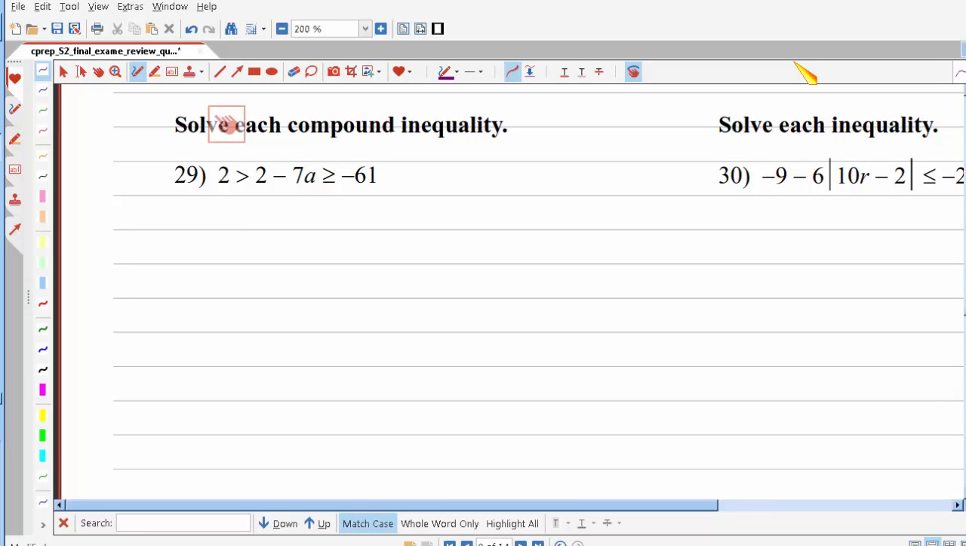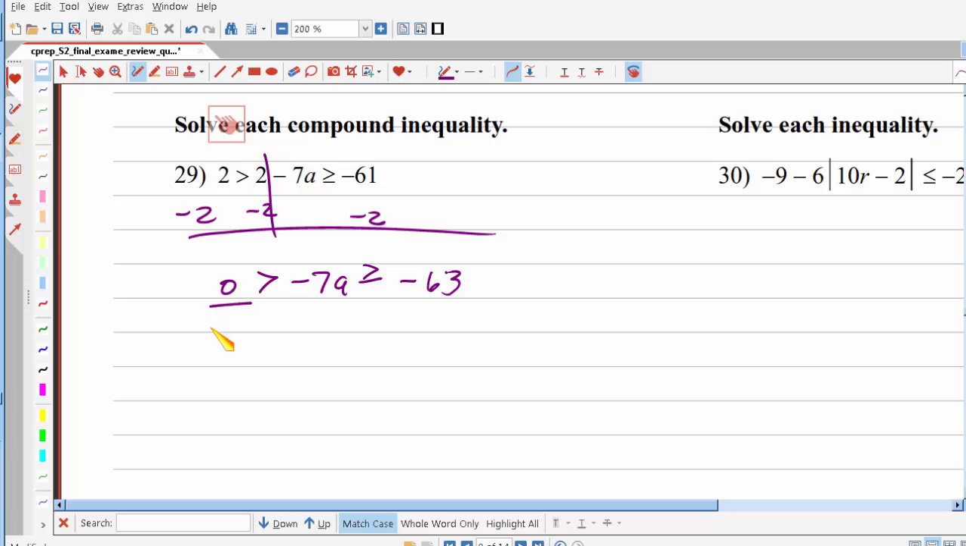Okay, solve the compound inequality. All right, I'm going to subtract 2 from all three sides. This is an and or in between inequality. I get 0 greater than -7a greater than or equal to -63. So I'm going to divide everything by -7. And I end up with 0 greater than a greater than or equal to